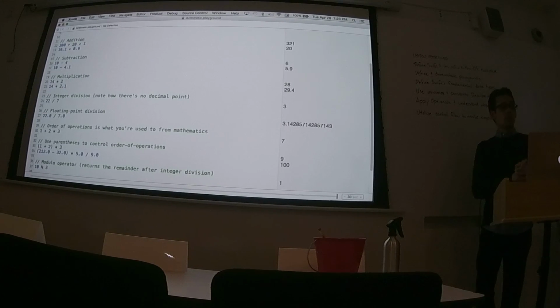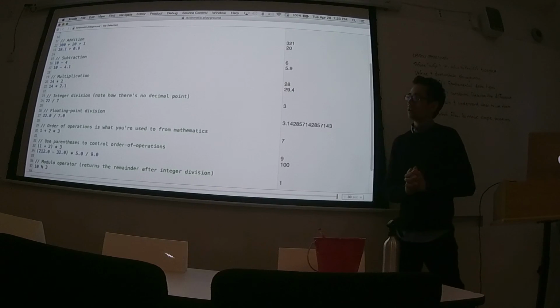One thing to note about the playgrounds: an integer plus an integer is an integer. A double plus an integer is a double, because doubles are more complicated than integers. Integer plus